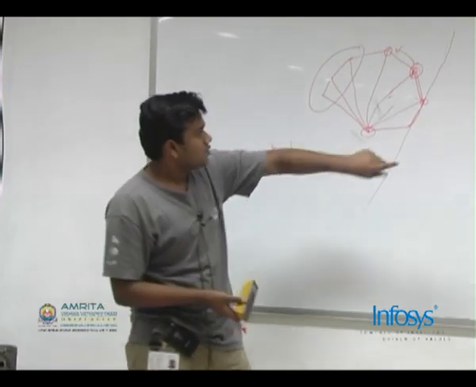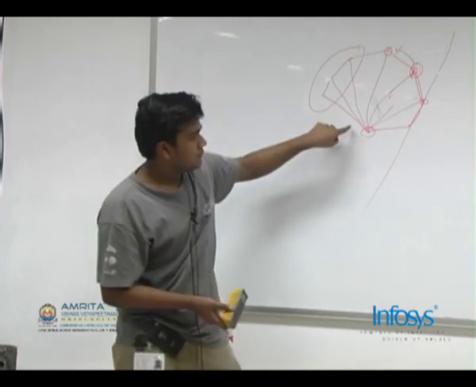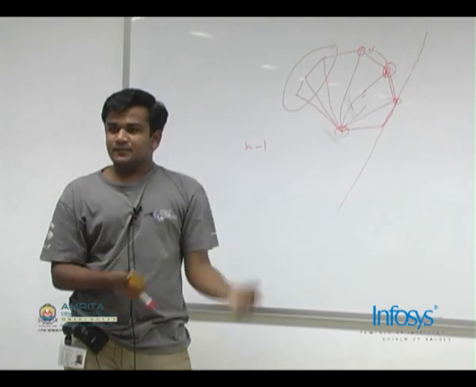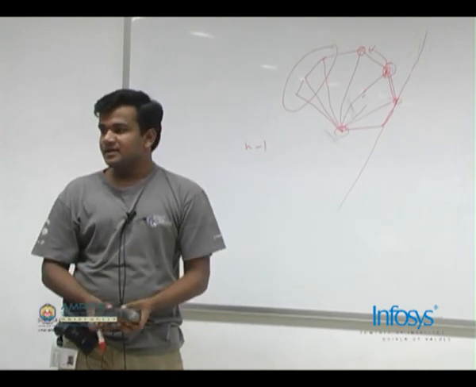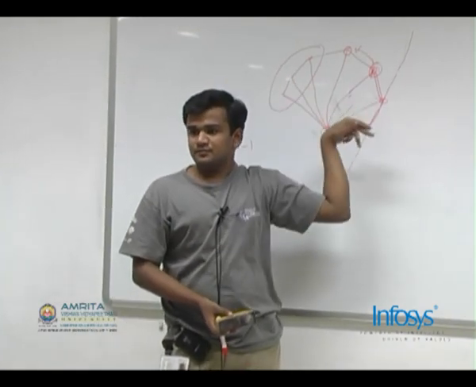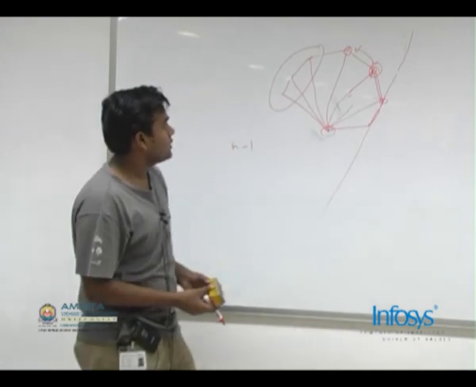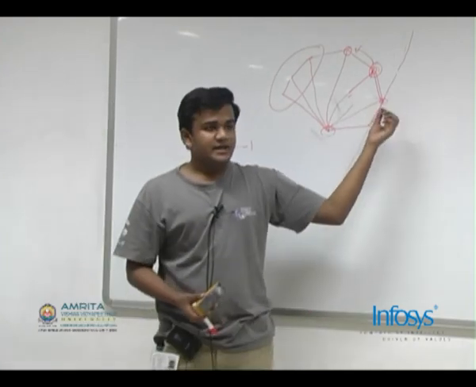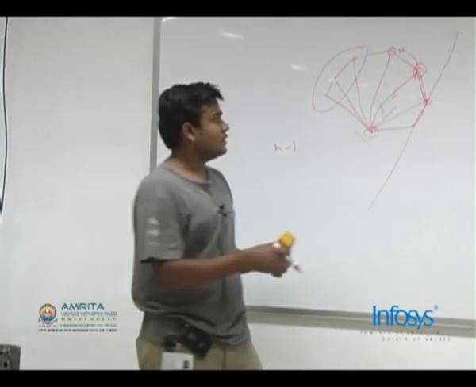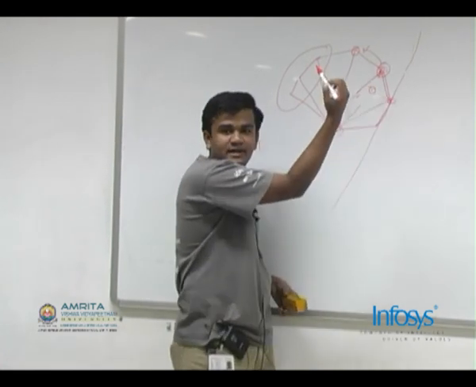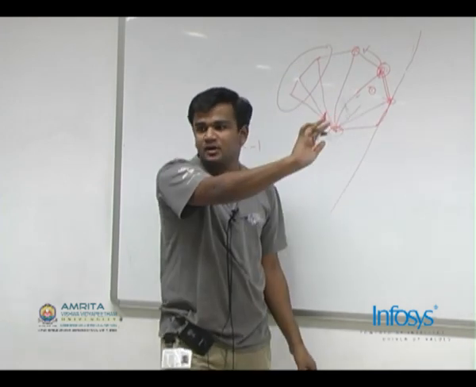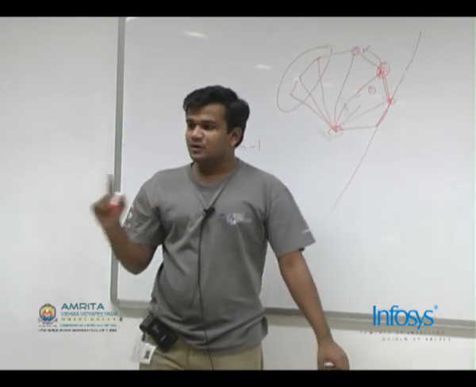Is that clear? If I keep doing this all the way along, by the time I reach here, my stack of the vertices list would become my convex cell, right? And I have to process these points in order of slope. Also notice that each vertex can be taken out from the stack only once. If I took this vertex out from the stack, I will never push this vertex in again, because I am processing in order and this is already gone, right? So each vertex is processed only once.